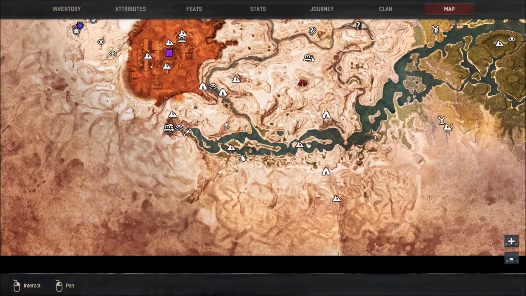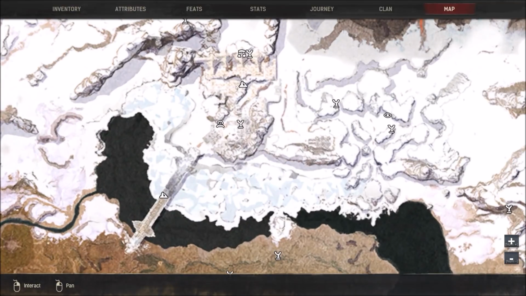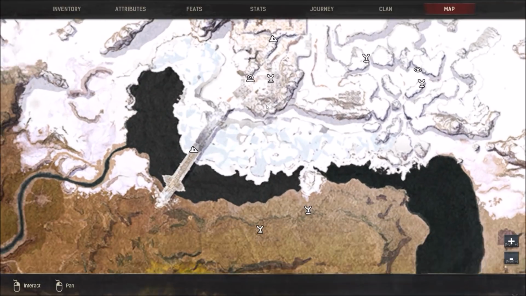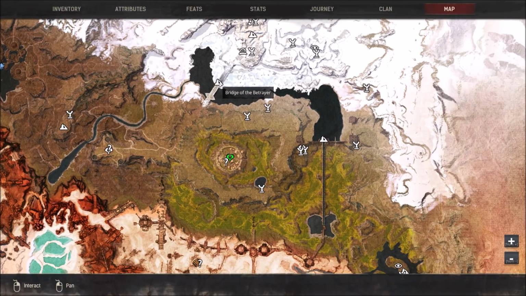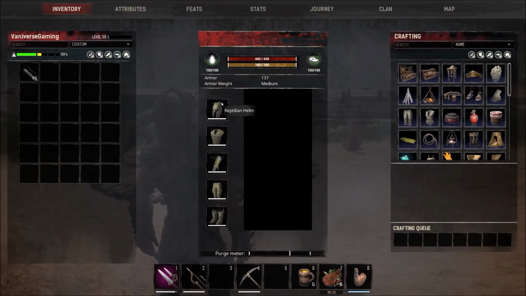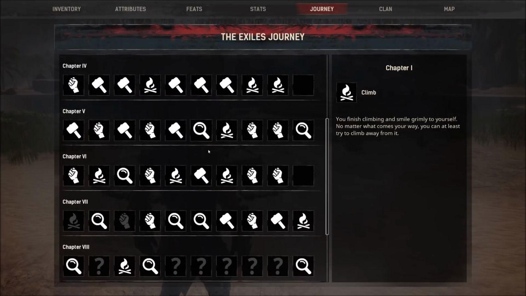So now where is the Black Keep? So the Black Keep is actually right here, and so Ruins of Zalan. So you're going to actually have to go up through here, cross the Bridge of the Betrayer, and head to the obelisk. Now, if you run across the Bridge of the Betrayer while you have your mead and your